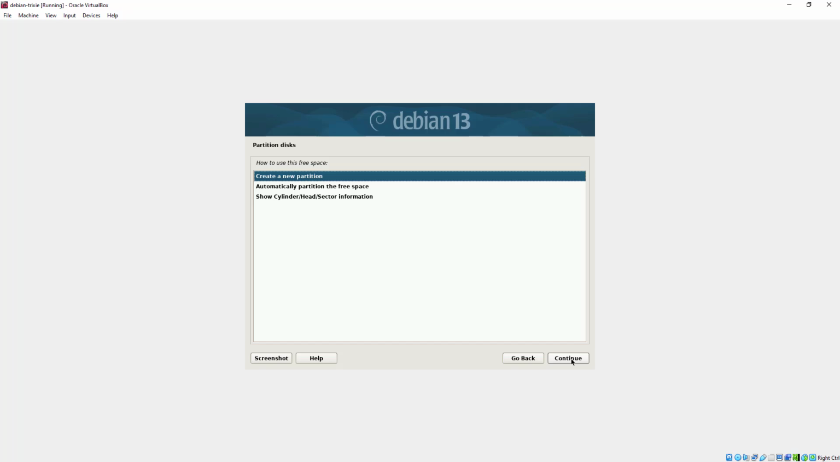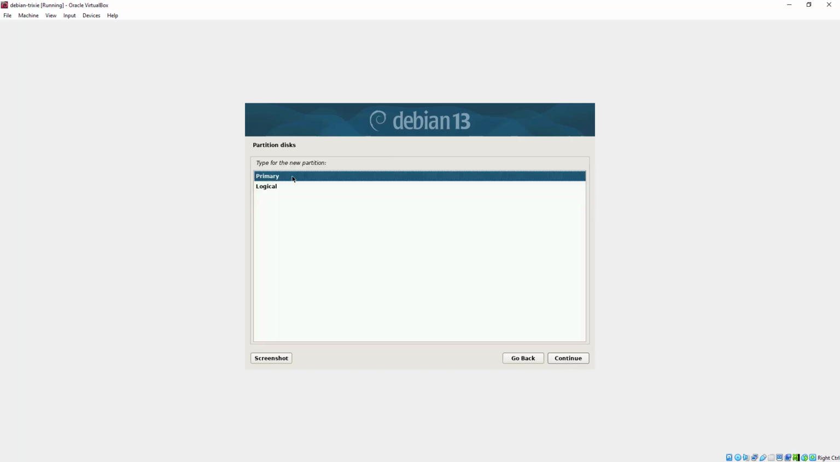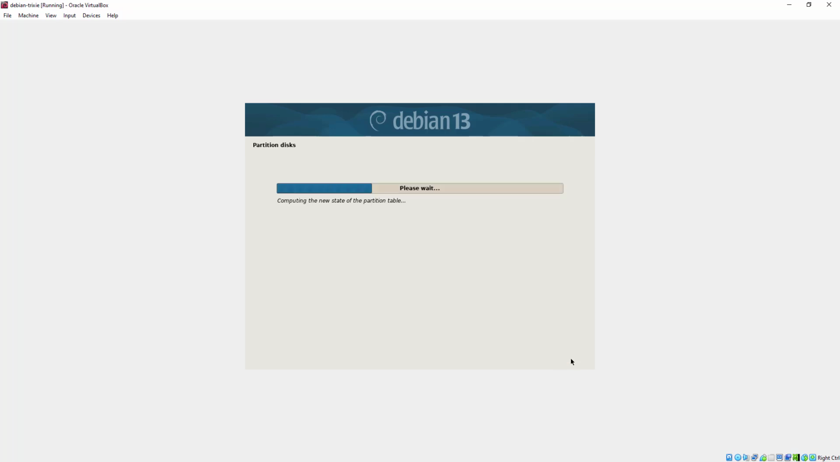So now you're going to start creating your disk partitions. So the first section here is pre-selected, create a new partition. So click continue. So here you're going to provide the new partition size. So for our root partition, we are going to specify 40 gigabytes. So I'm going to click continue and I'm going to select primary partition and click continue. I'm going to go with the beginning. So this allows you to create the partition at the beginning of the available space, and I'm going to click